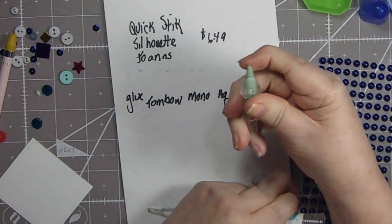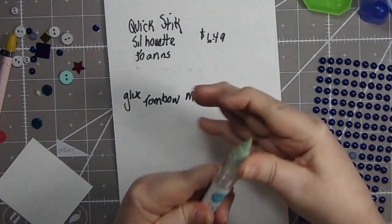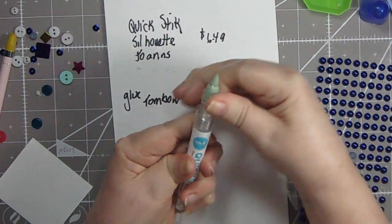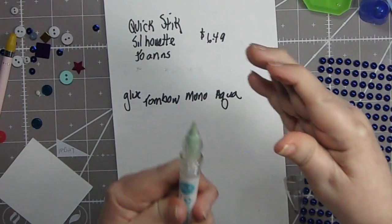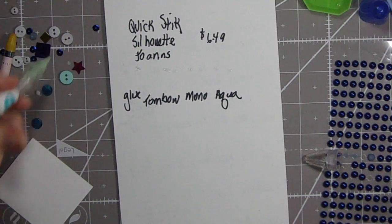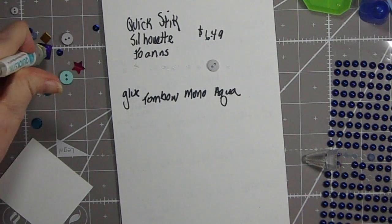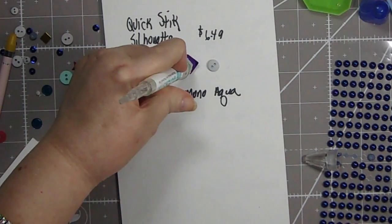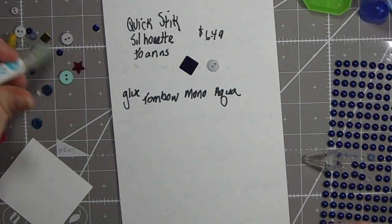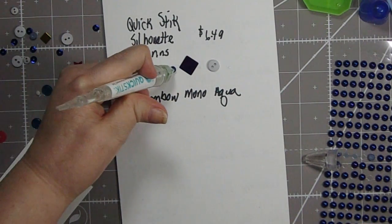And you only need it to come up just over the top of the plastic. You don't need it to come up, you just need to come out a long piece. So let's give this a whirl. We'll first try one of our beads, or one of our buttons, and then one of those pieces, and then a little sequin,